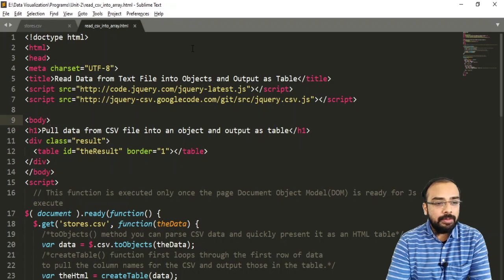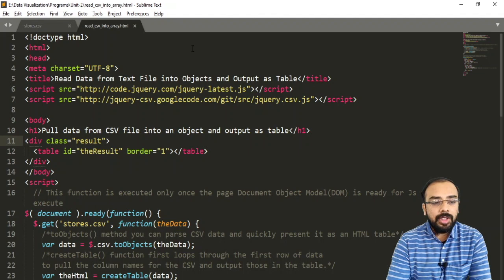Now inside this body section we have first given a header which is named as pulling the data from CSV file into an object, and then we are outputting it as a table. So for that again I have taken a div, I have taken class, and I have given its name as result.